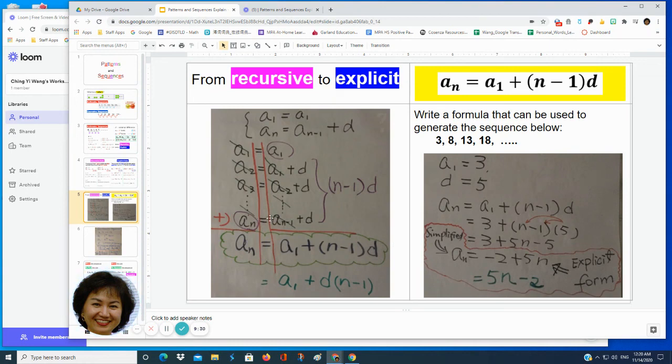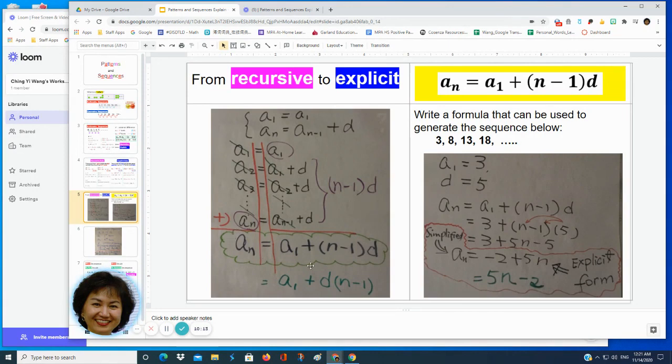Then on the left side and the right side, we see the same terms, like a sub 1, a sub 1. They cancel each other. A sub 2 on the left side, a sub 2 on the right side, so we can cancel them together. So they all get cancelled until at the end, we see only a sub n on the left side, and on the right side, we have the initial value a sub 1, plus all these d's. There are n minus 1 of those d's.